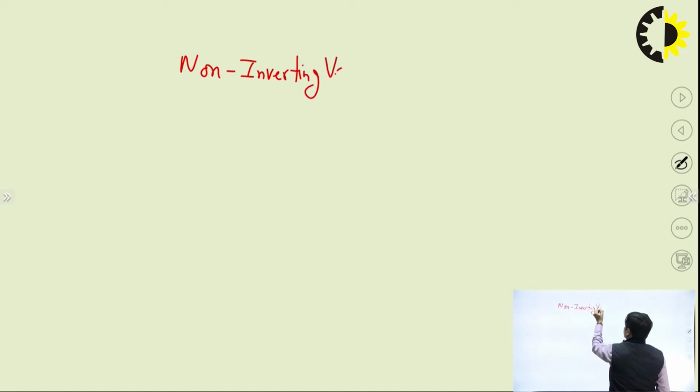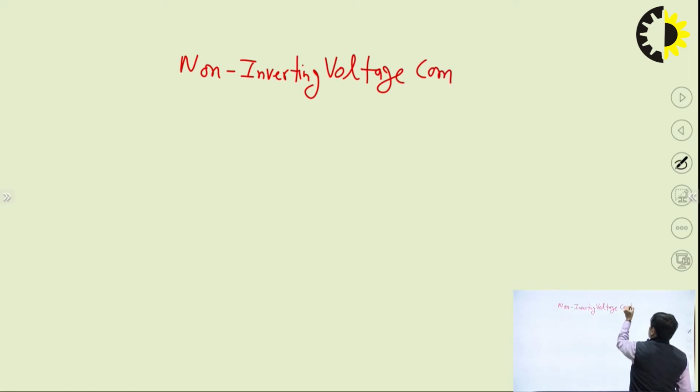So coming to non-inverting voltage comparator, we can draw this circuit